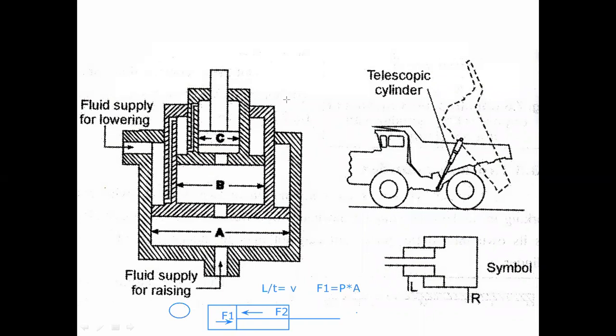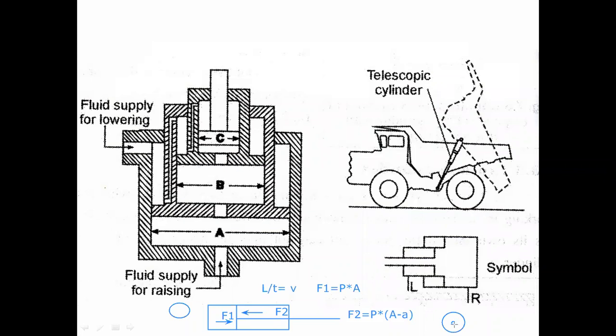If you consider the F2 force, then F2 is equal to again pressure multiplied by area, but in that case the area is minimized or decreased. Why? When we apply the force on this portion, there is a reduction in area. Here there is the piston, and the piston rod is also placed on it.